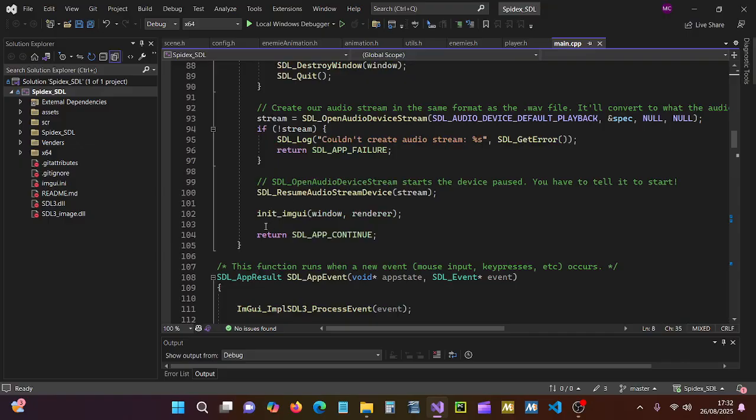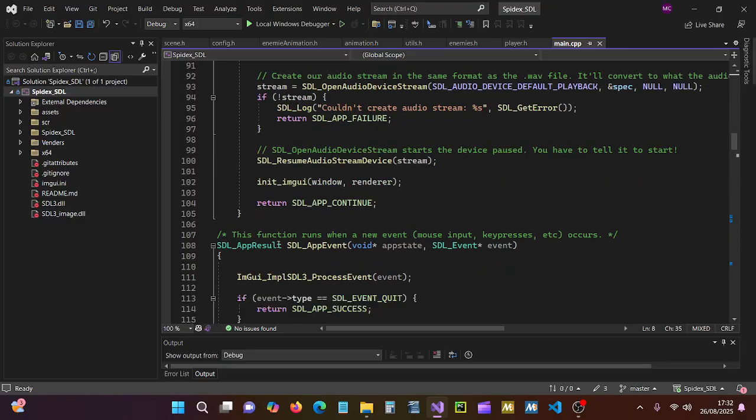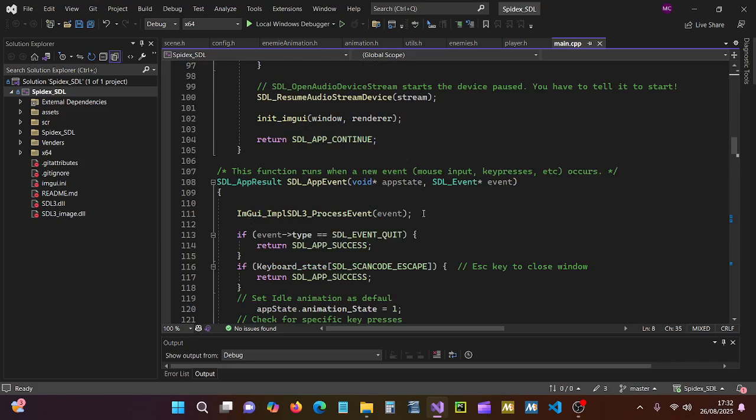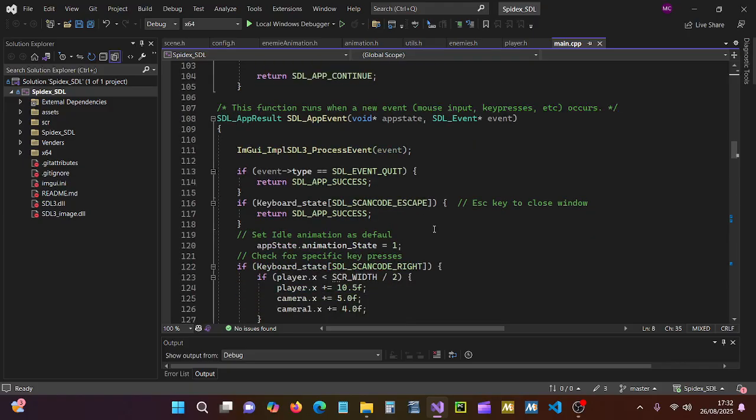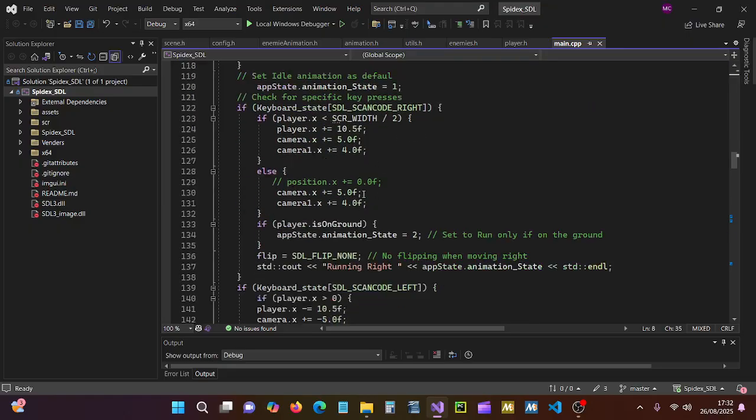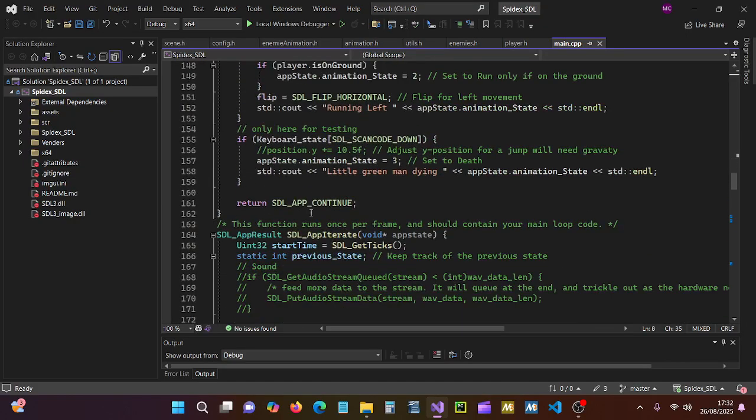We need to initiate ImGui and the rendering of it. Then we have to get the process events, add that into the mix so that it can be controlled, and then that simply comes down to here,